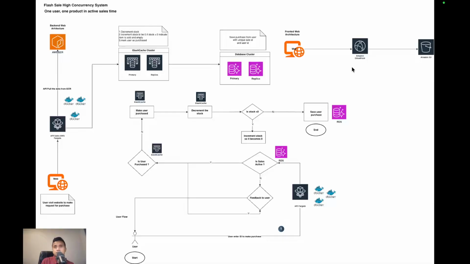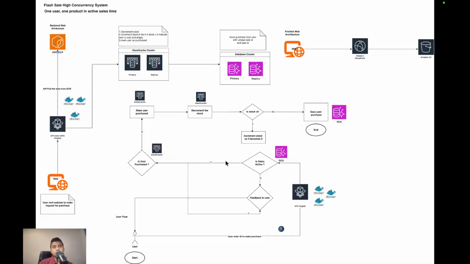For example, I'm in Indonesia, I can make the frontend request to Jakarta or Singapore, to the nearest. So that's all about the basic architecture of the flash sale high concurrency system.